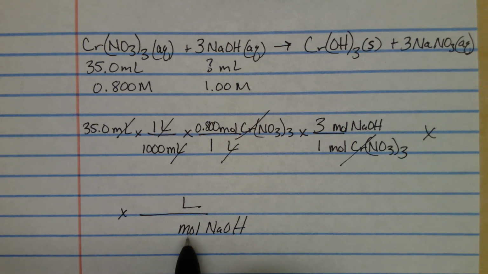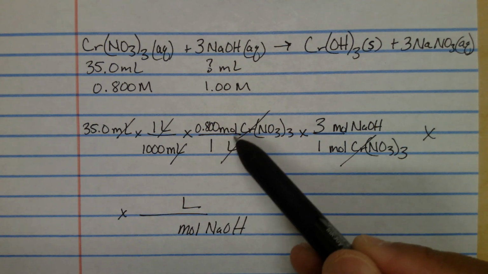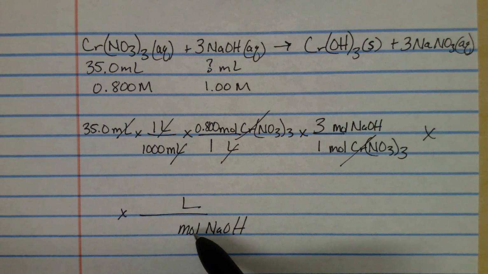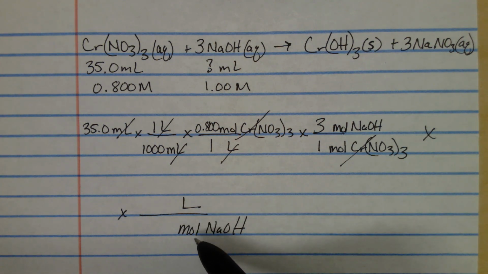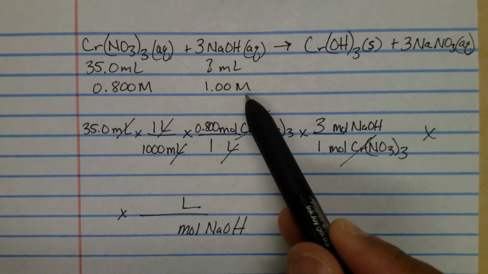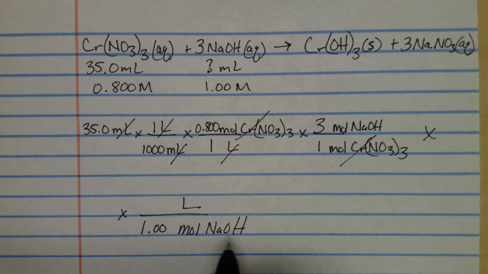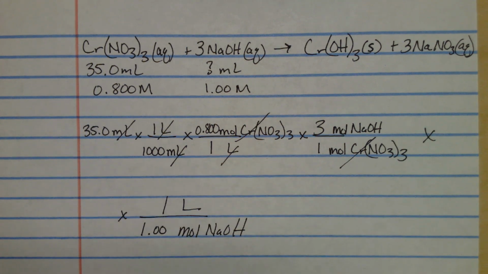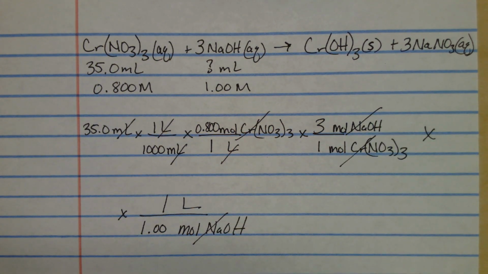This relationship of moles and liters is the molarity. Now, it looks a little bit different than this ratio right here. Of course, we're canceling moles, so this goes in the denominator. But the representation is the same thing. This is the molarity. So 1.00 M represents 1.00 mole of sodium hydroxide for every 1 liter. And so notice how the mole of the sodium hydroxide cancels. So now I've done it. I found the volume